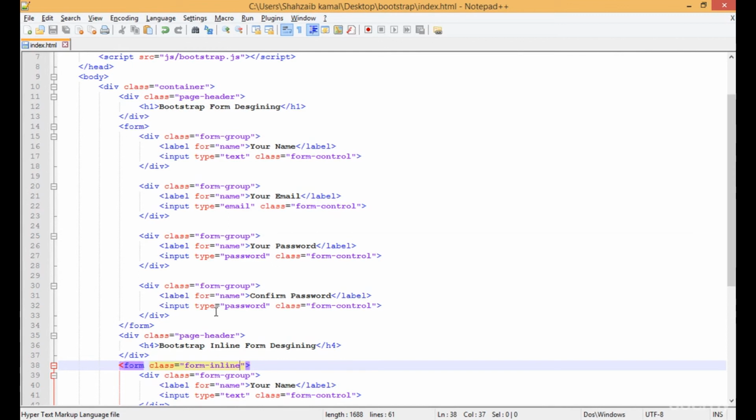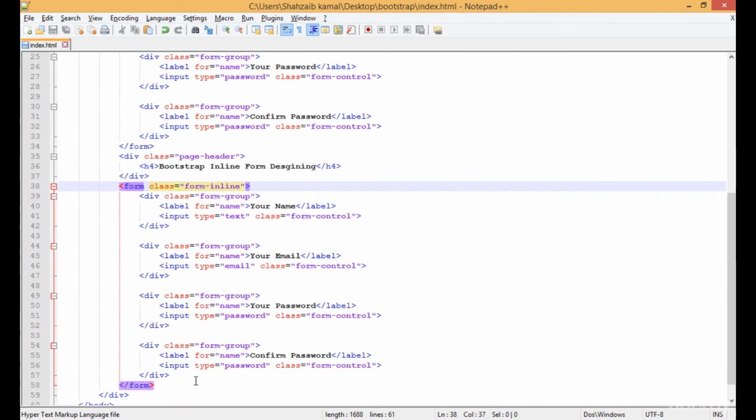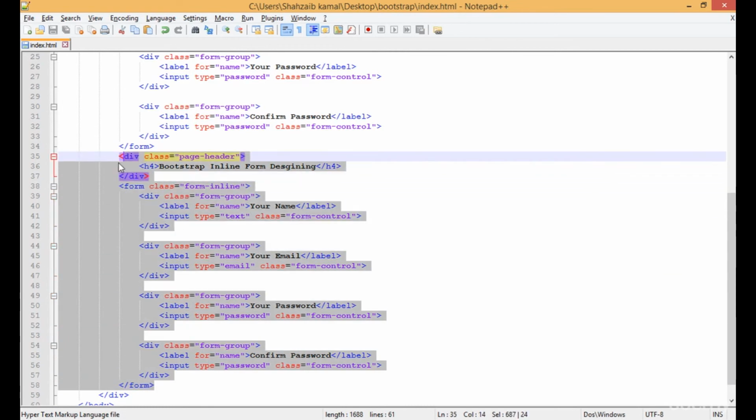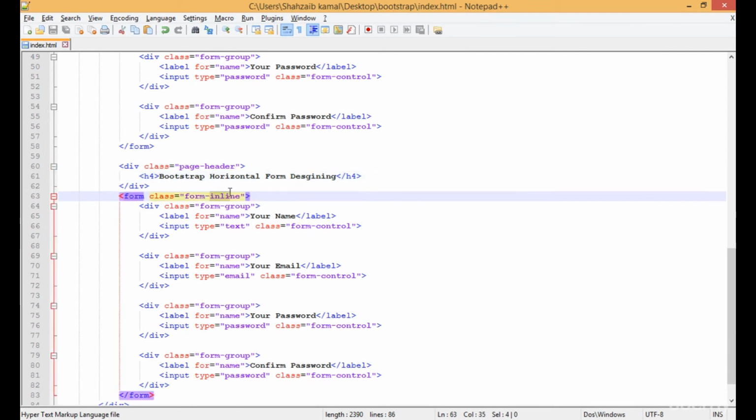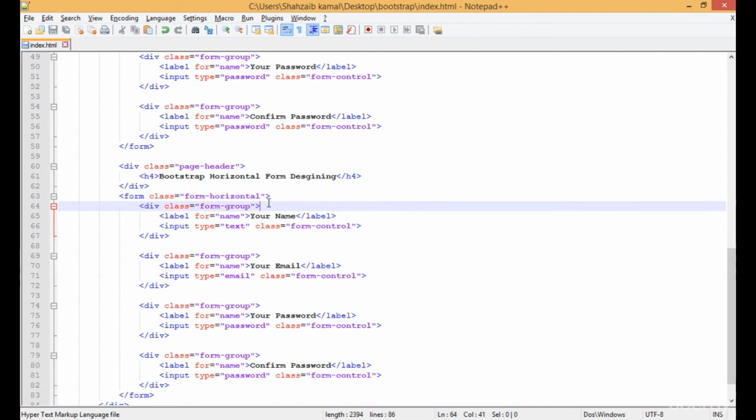The last way to create a form is the horizontal form. For the horizontal form, let's simply copy this form again with the page header, paste it there, and then type the bootstrap horizontal form. Save this, and then remove this class, or just update the class into form horizontal instead of form inline. Okay, save this, and then in every form group,